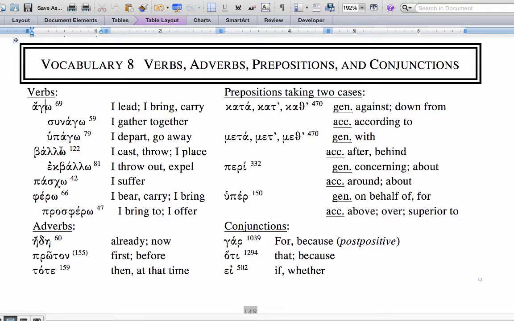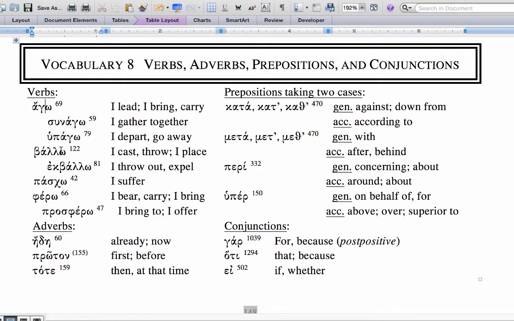Ballo is I cast or throw. Ekballo is I throw out or expel. Pascho is I suffer. Phero is I bear or carry or bring. Prosphero, I bring to or I offer. We also have some adverbs, ede, already or now, proton, first or before, tote, then or at that time, and